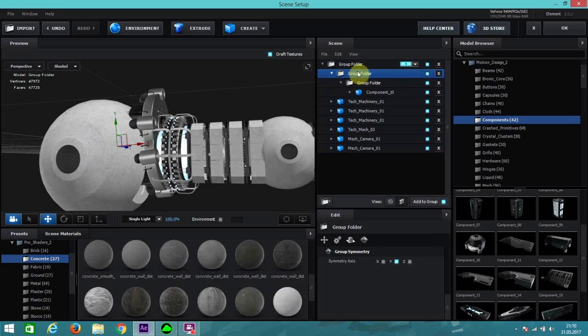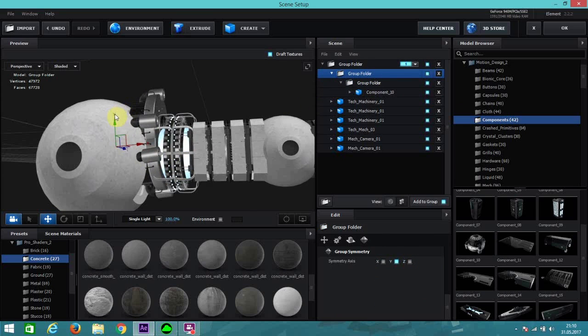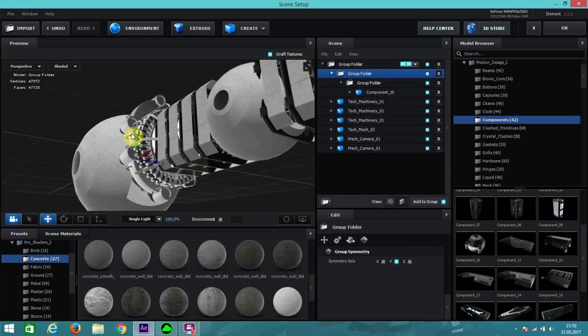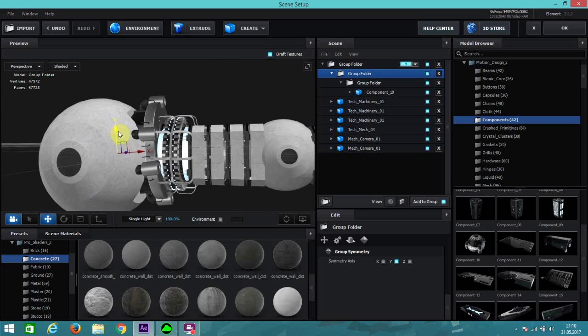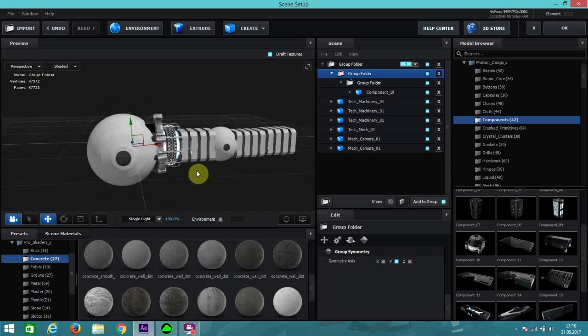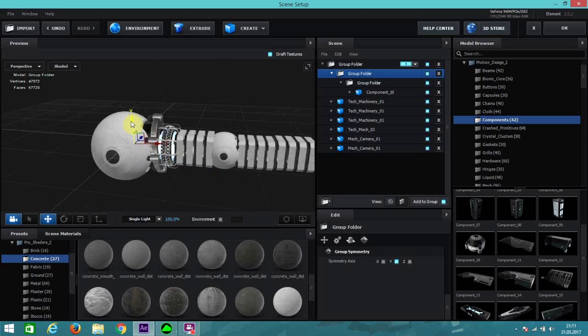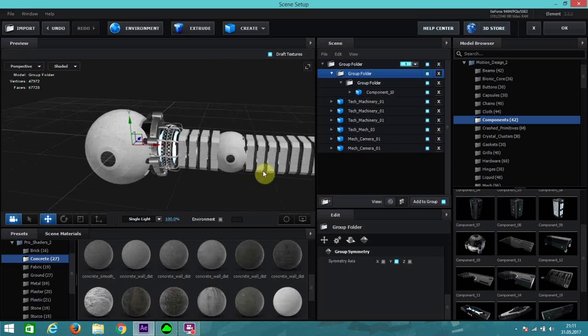Go to this group folder and just find the right position. I think this will do. That's it. Yes, that will do. Now next we want to go to